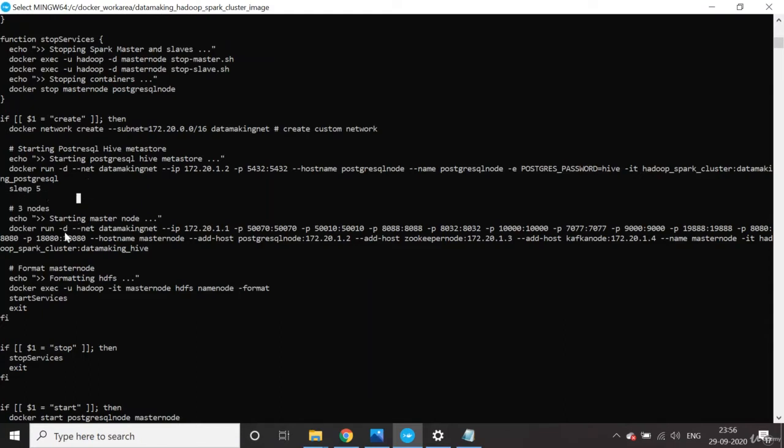After a 5 second sleep, we are going to run the master node, which will run the Hadoop, Spark and Hive components. How are we running it? We created from a base image, Ubuntu 18.04.